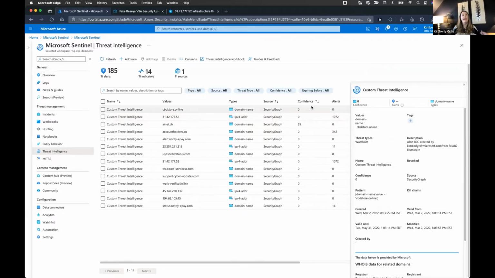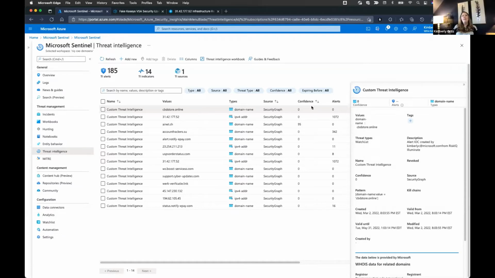So what I would need to do next is to make sure that I have analytic rules running, which will compare all the indicators in my threat intelligence list with the connected data sources that I specify, so that going forward from now, at least for the timeframes that I have set, I'm alerted to observations of this indicator within my network traffic. So if I went through the article and I clicked on all those IPs and domains, I could add an alert for those things to say, let me know if anybody else is communicating to any of those bad things. Absolutely. Awesome.